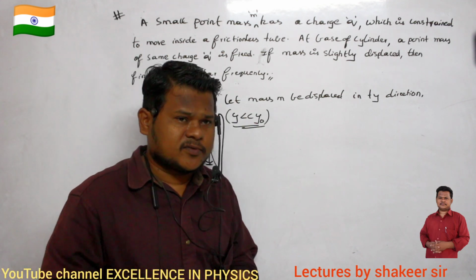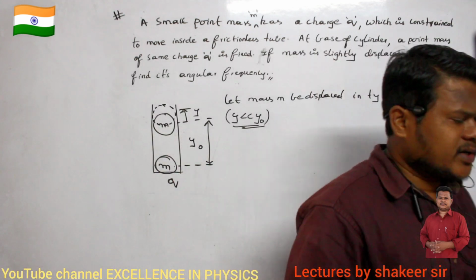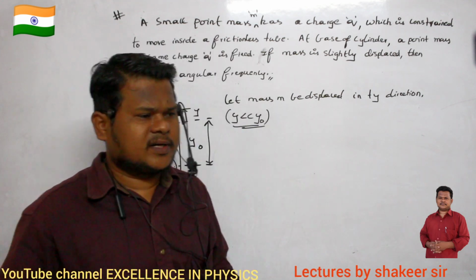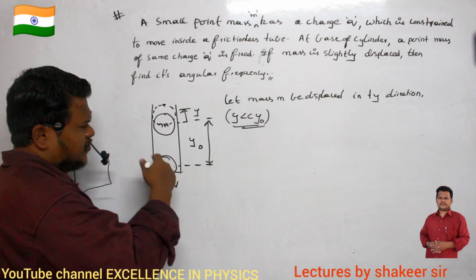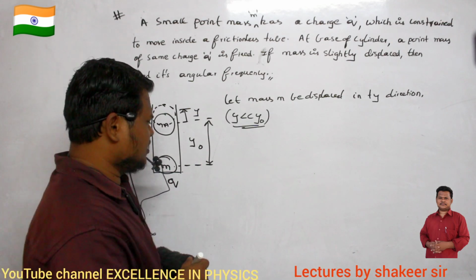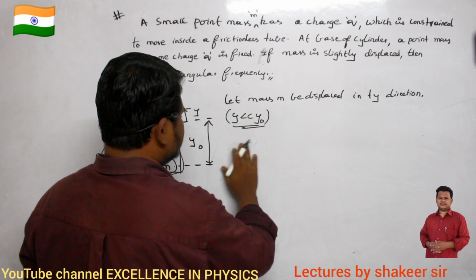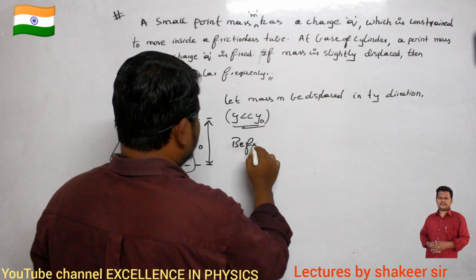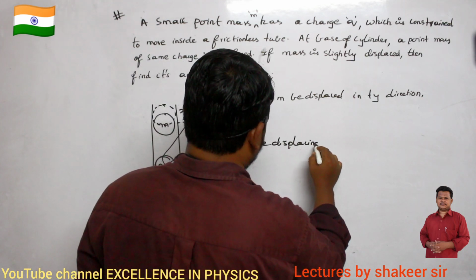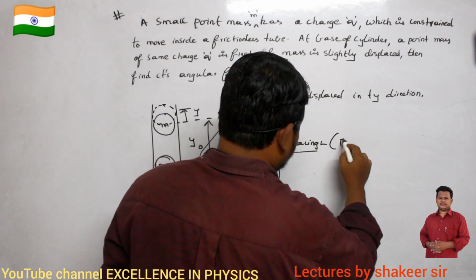Okay, so if I displace this one above the initial position, then what happens to the electrostatic force of repulsion? Will it increase or decrease? Decrease, no? The electrostatic force of repulsion will definitely decrease. Then the weight will become greater than the electrostatic force of repulsion. So therefore here I can write mg. So initially, before displacing, what can I write? Clear? Before displacing means what? When bodies were in equilibrium.